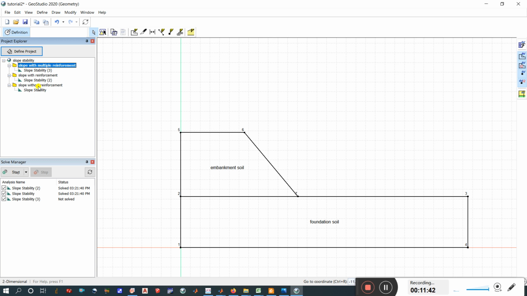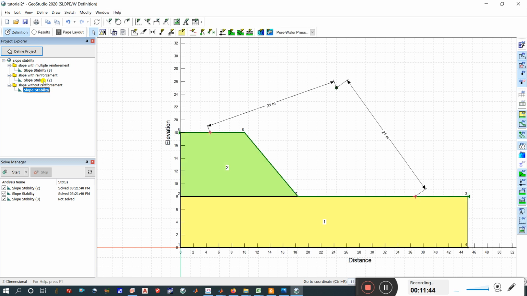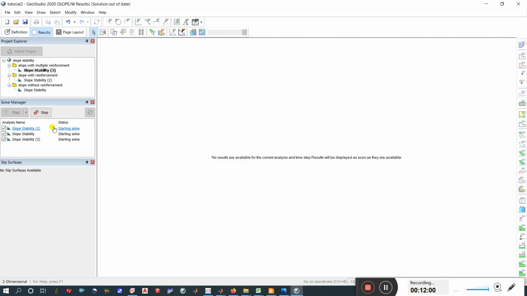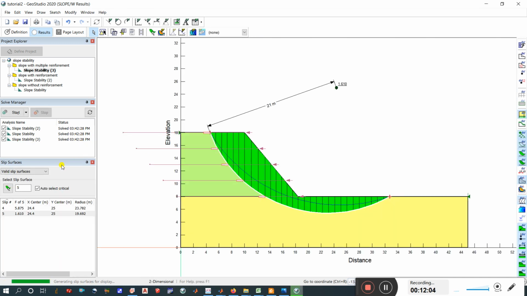So this one is for without reinforcement, for one layer of geosynthetic, and for multiple layers of geosynthetics. Now everything is set. You have to analyze these three problems which you have defined. I'll start the analysis, and it is analyzing for the results.